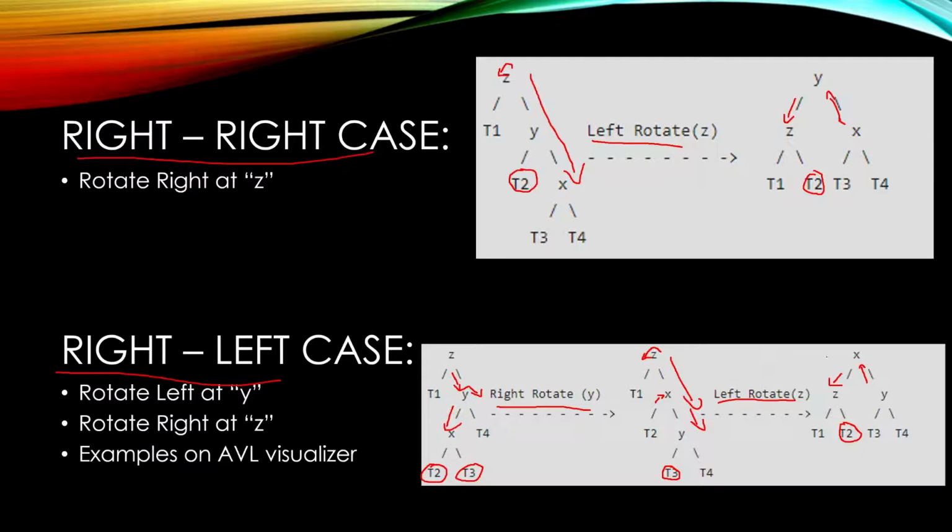And since X moves up, you once again need to take T2 into consideration, as it now becomes the right subtree of Z. And X's left node is now Z as well. Alright,